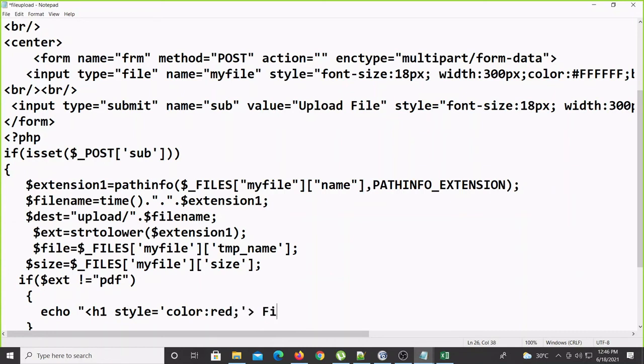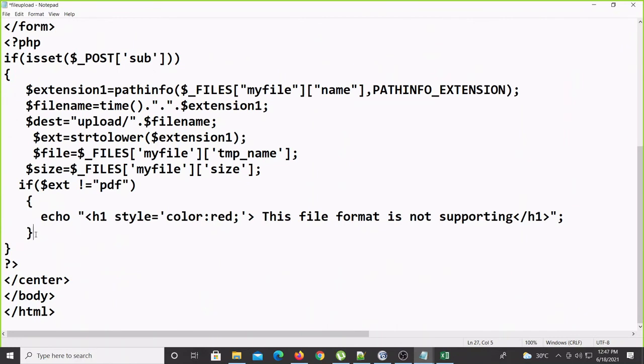File format is not PDF. This is not a PDF file. Any message you can display whatever you want. This file format is not supported. That message depends upon your wish only. Slash h1 close, done. So this part will check, right?